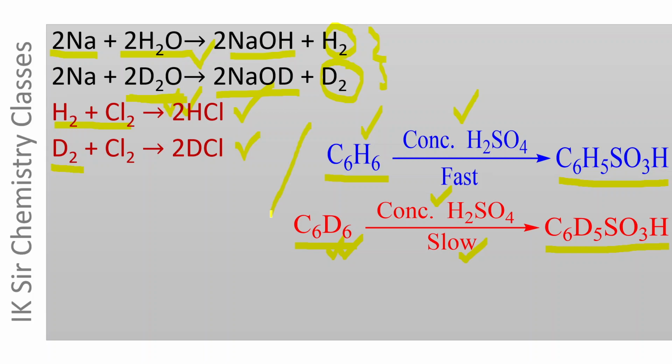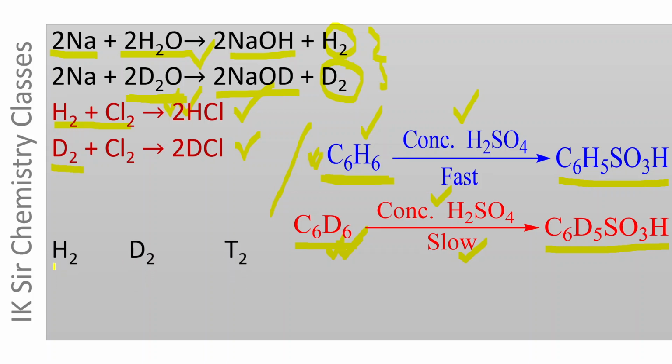isotope effect. However, the isotopes of an element may exhibit the same reactivity in a chemical reaction. For example, the nitration of benzene does not exhibit kinetic isotope effect. C6H6 and C6D6 are equally reactive in the nitration reaction, but in the sulfonation reaction, these two differ in the rate of reaction, and it is known as positive isotope effect.